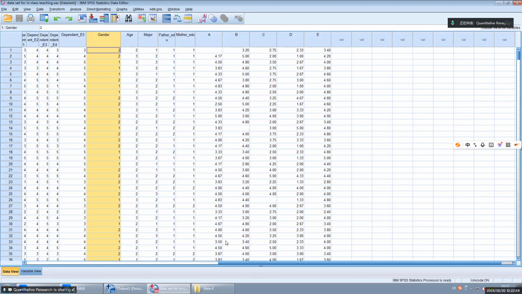The other one specifically representing female. Yeah. That's dummy variable. The two variables we create are called dummy variables.